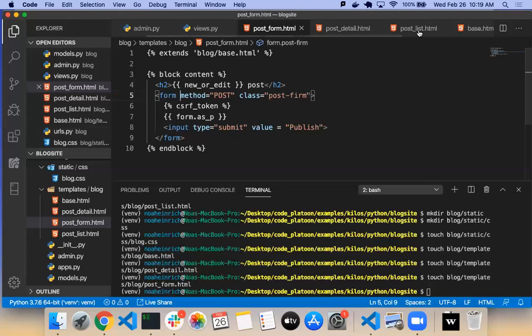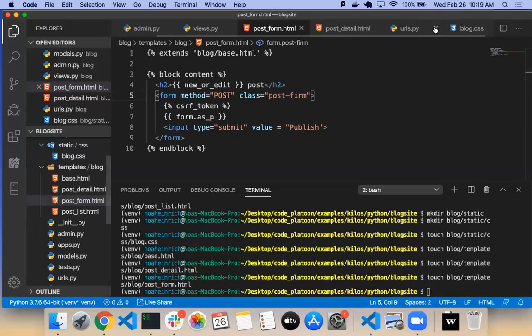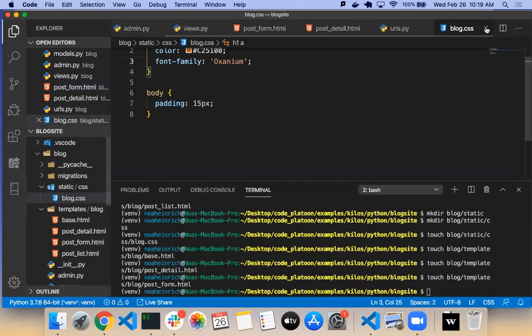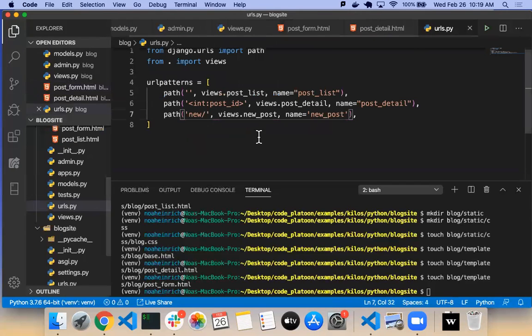Okay. So I'm gonna delete a few of these out so I can actually see things. There we go. So in urls.py, I'm gonna make a path to edit. And again, this is more of a convention thing. We don't have to do it this way. But in order to specify that I'm going to edit this particular post,